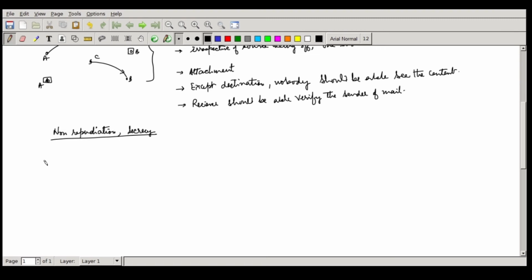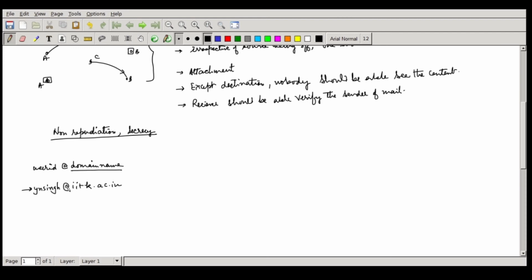Now let's look at how the existing system actually operates, and from there we will figure out how we have to handle things. Currently emails are always of this form: you will always have a user ID at the rate some domain name. For example, for my mail ID, the domain name is going to be iitk.ac.in, and whatever is my user ID. So this is the way we figure it out.